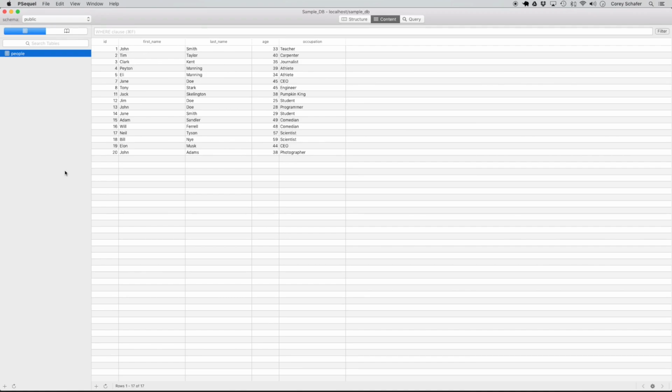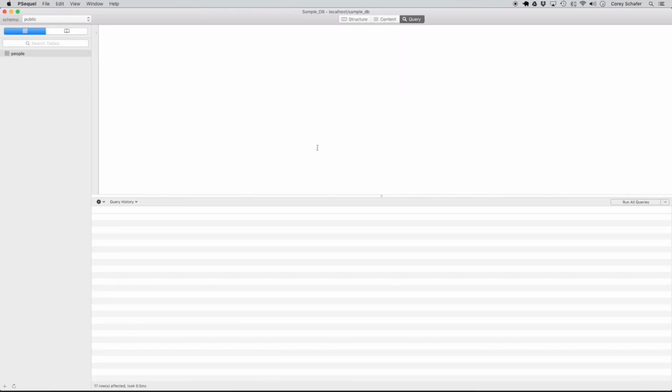In this video, we will be learning how to retrieve data from our database using the select statement. Now, in order to have more data to work with than we had in our previous videos, I created a table here called people that has 20 sample random records. So this table has this ID column, first name, last name, age, and occupation. So let's go ahead and get started and see how we can retrieve values from this table using the select